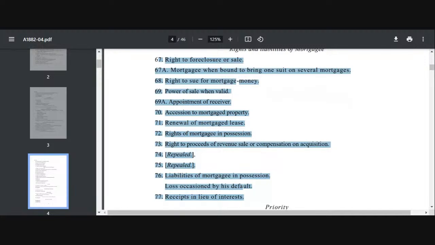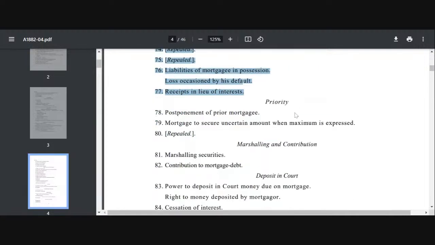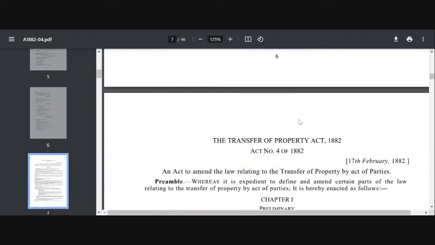And the liability is to manage the property with ordinary prudence, to collect rent and profit with due diligence, to pay the government dues in case there is a contract to the contrary, to spend money for necessary repairs, not to commit waste on the property, to apply for insurance money, है ना. ये सारी चीजें उसकी liability है. Then come to 78. Now 78 talks about priority, ठीक है.